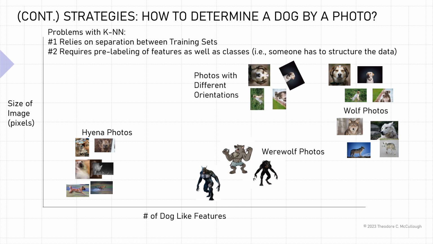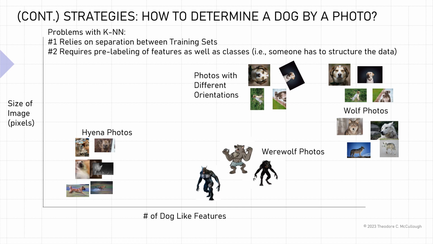But here's another problem that maybe didn't occur to you. Photos with different orientations are going to actually be required to be inputted into the training set separately, because even though the photo looks the same, once you change the orientation of the photo, that actually results in new features that have to be considered. And this is the concept of spatial indifference. Some AI/ML models are very good at handling spatial indifference, others are not. KNN is an example of one that isn't.